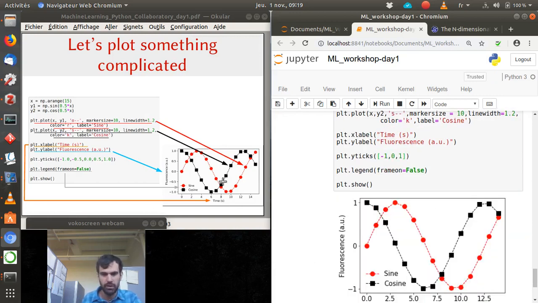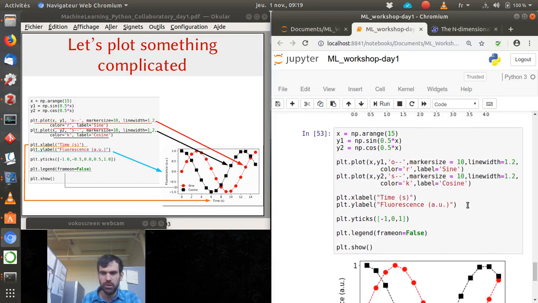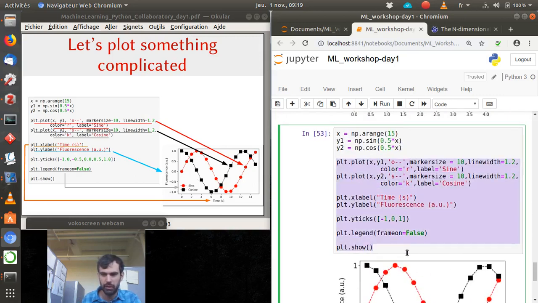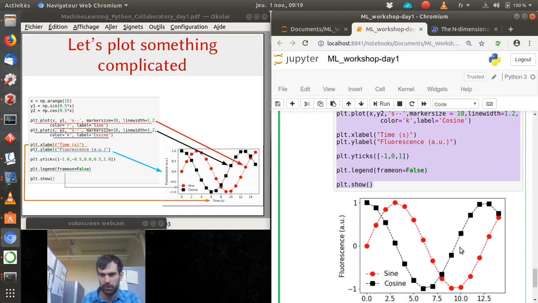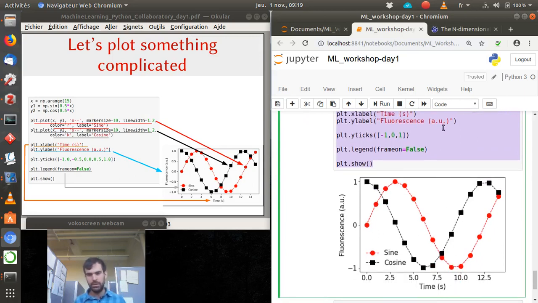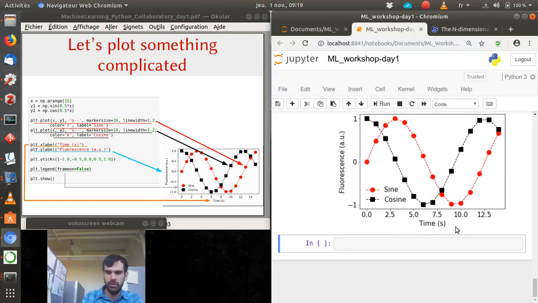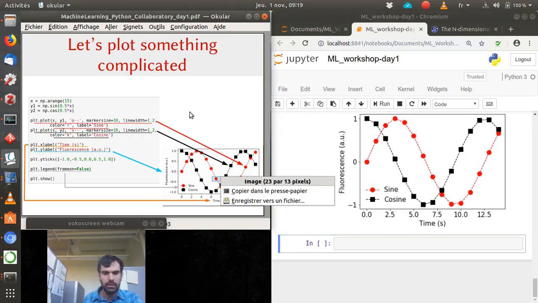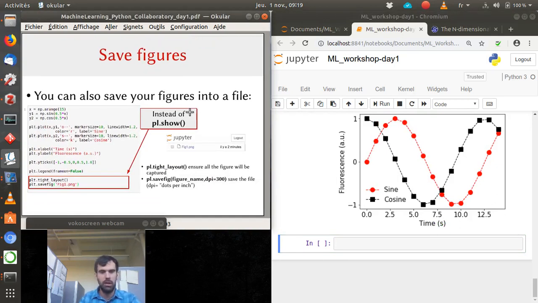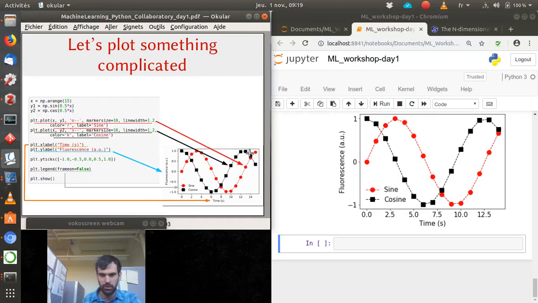Plenty of other things, okay? So you see, in very few lines, the only lines that are dedicated to the plotting, you can have a very nice result already, right? Forget about this one here. Okay. So if you want to continue in Matplotlib, oh yeah, sorry, before I continue, if you want to save the figure,